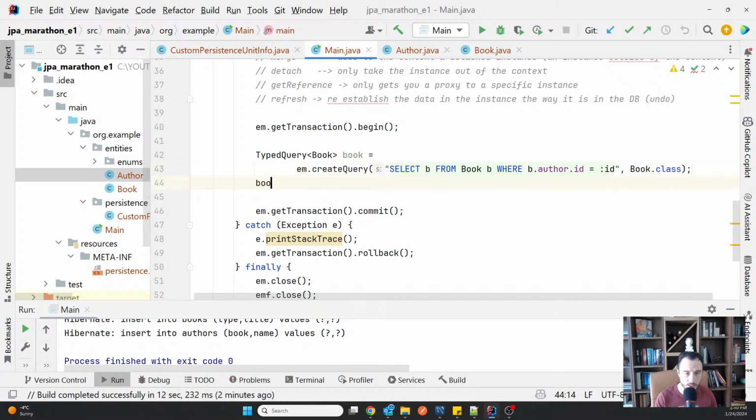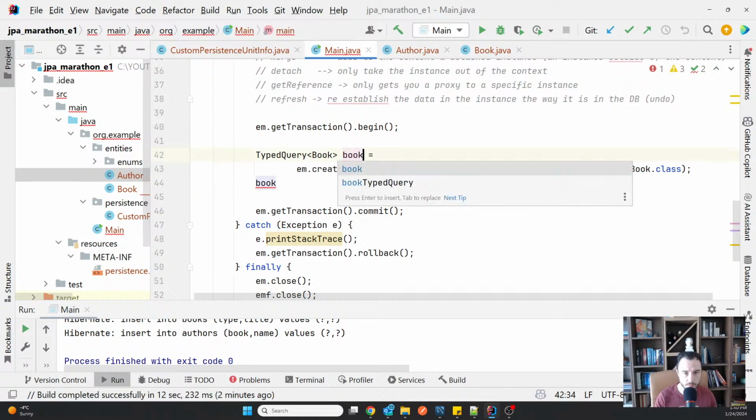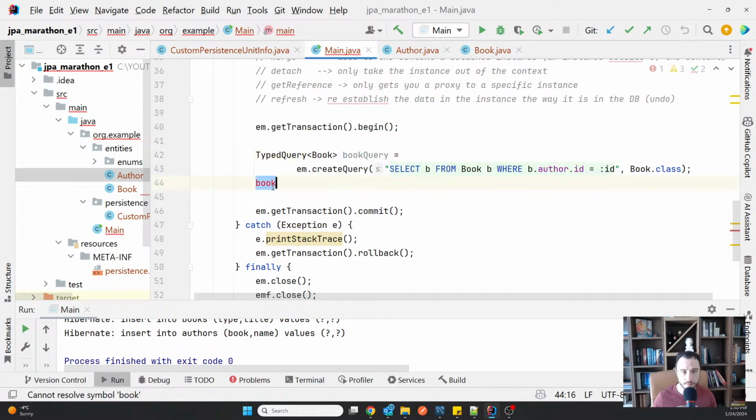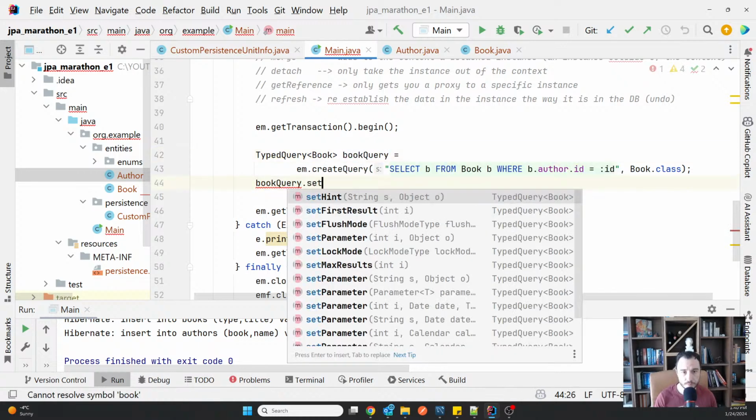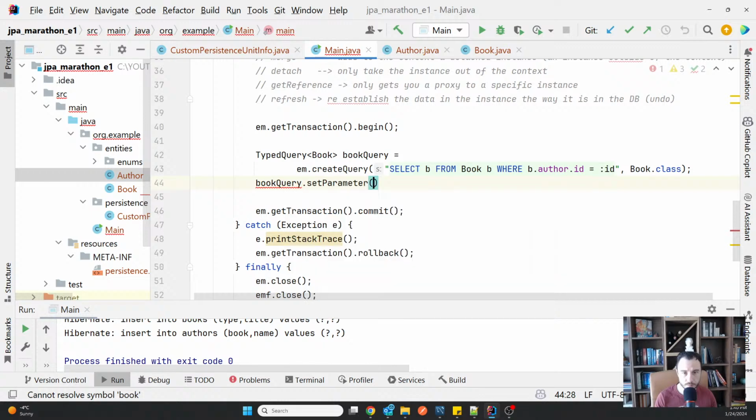And then I'm able to set the parameter. Maybe bookQuery would be a better name. I'm going to say for the parameter named id, I want to set the value 1.